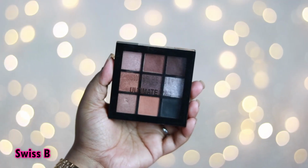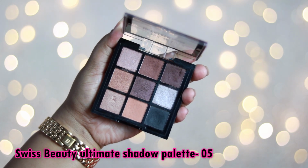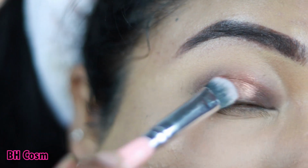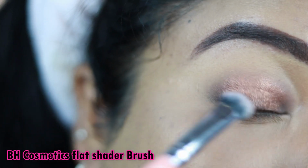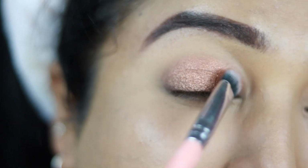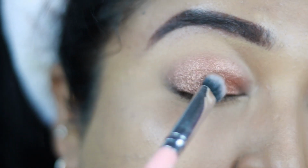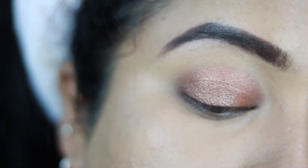For the eyeshadow today, I'm using this very affordable Swiss Beauty Ultimate Shadow Palette in number 05. And I'm taking this very nice bronzy champagne shimmery shade from the palette. With the help of a flat shader brush, I'm going to just apply it all over my eyelid where I have put on that particular brown kajal. You can just leave this eye look up to this and you're happy, but I just want a lot more